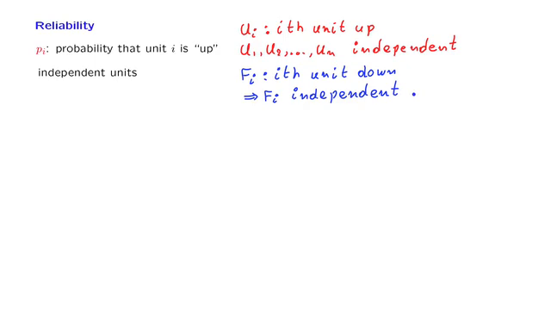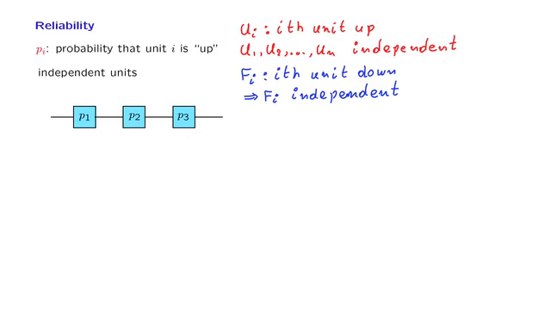However, the approach we will be taking in situations like this one is that we will use the intuitive understanding that we have of what independence means. So independence in this context means that whether some units are up or down does not change the probabilities that some of the other units will be up or down. And by taking that interpretation, independence of the events that units are up is essentially the same as independence of the events that units have failed. So we take this implication for granted,